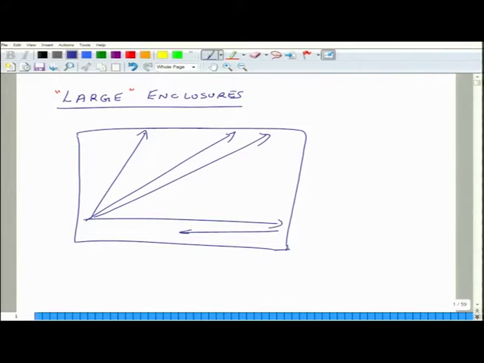And if those resonances occur and the number of those resonances is large, then we say that it is a large enclosure. So, from a physical standpoint, a large